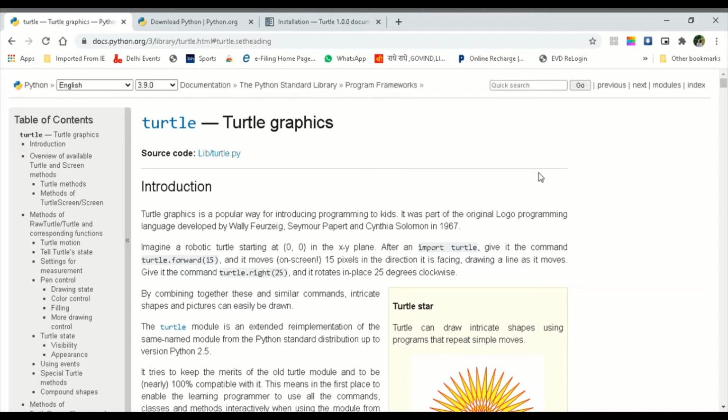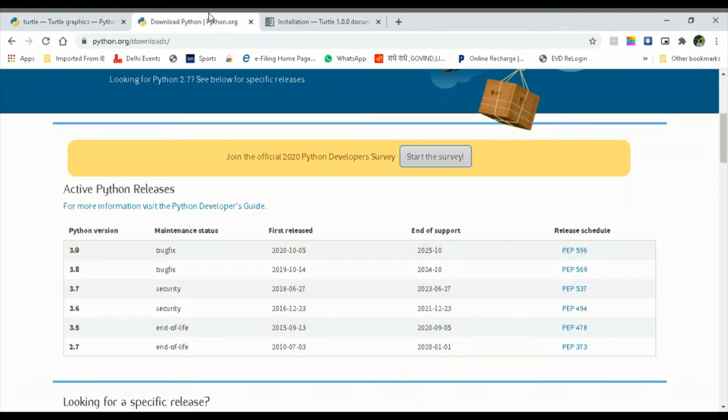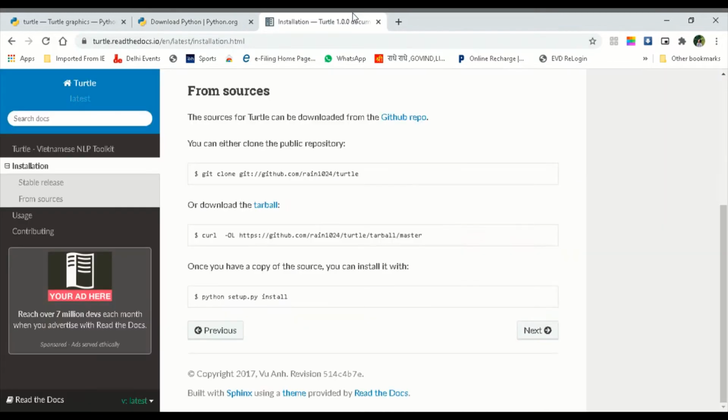And if you want to install turtle in Python, actually in the newer versions it's already installed. Like I have 3.8.2 version. You can see it's already installed. I didn't install it by writing the installation command. If you want to install it, I will give the link from where you have to copy the code in the